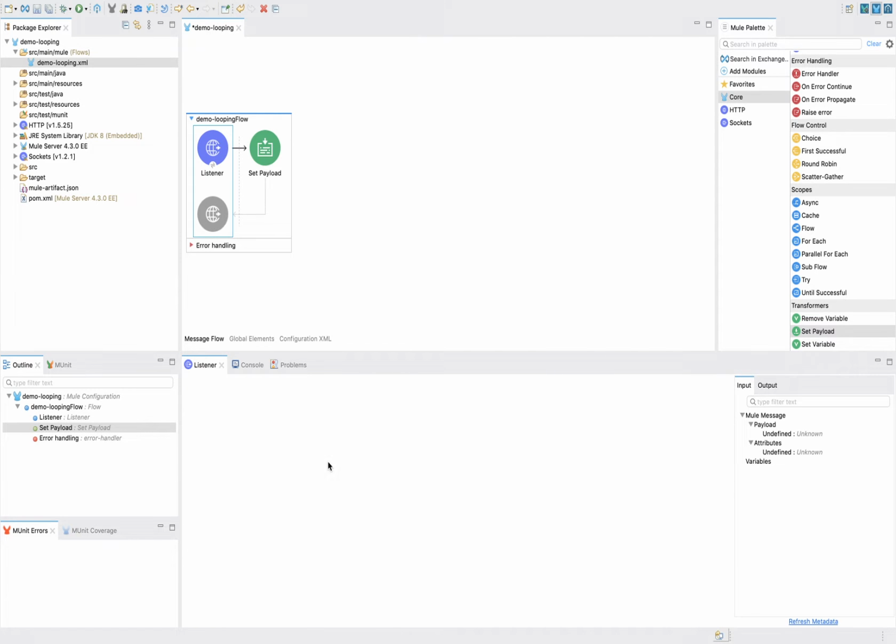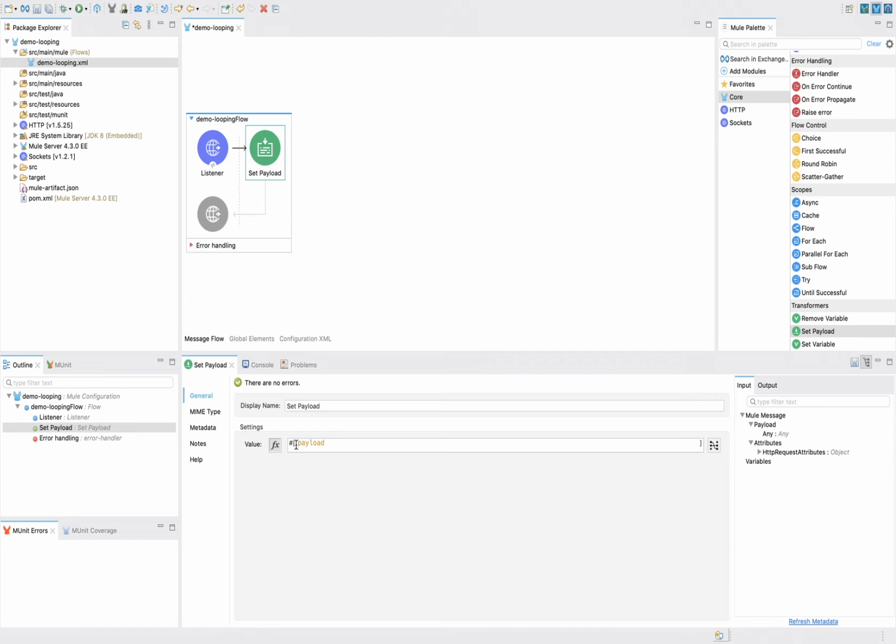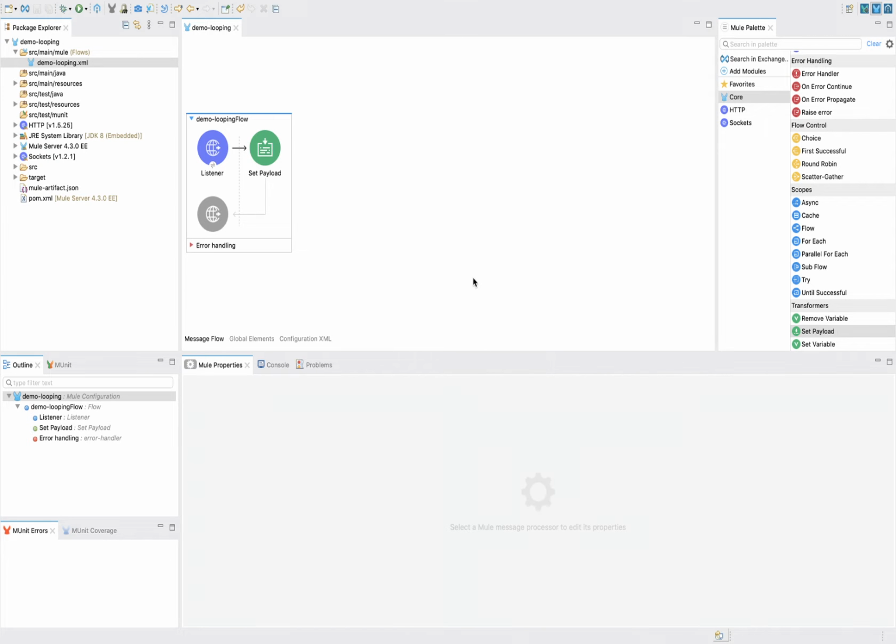So what I will do, I will hardcode one payload. This payload will contain an array. We have 5 elements inside that array.